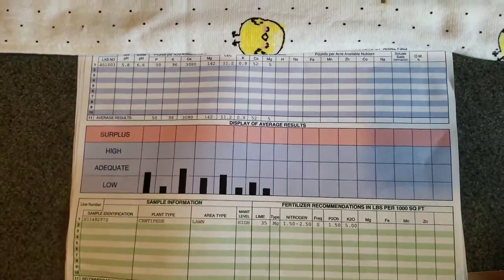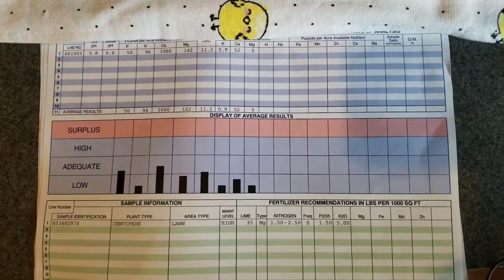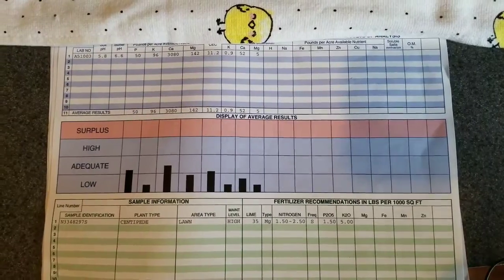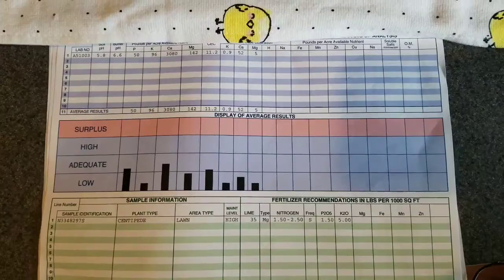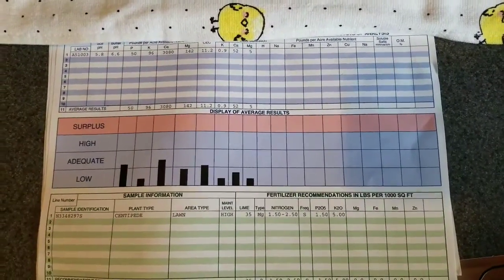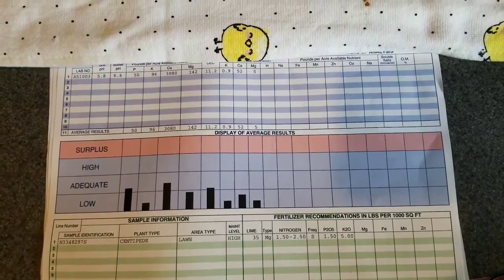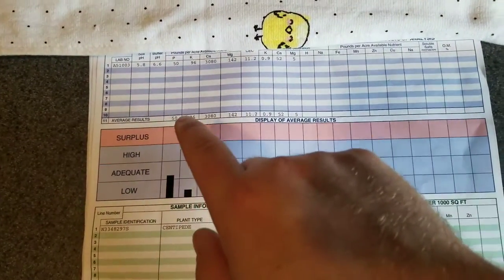Alright, so before I show you guys me putting down the fertilizer, this is what your soil test results are going to look like when you get them back, minus the hot chick up at the top. I'm just going to refer to it while I'm putting down the fertilizer, so if you want to pause the video and go back to it, you can get an idea of what I'm talking about. It's pretty straightforward. The big things you're looking at are the soil pH, then what the buffer pH is, and then if you look just right here,